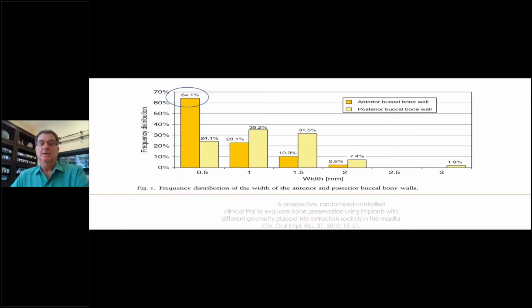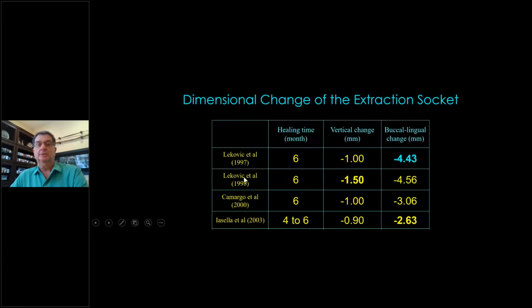So they're all thin. Now, this is what confused me quite a bit when I first looked at the data and why I was worried about immediate sockets. This is partly what Abdul showed also with the original research. Lekovic and Kenny did 6 anterior teeth. They opened the flap. And look at the changes in the ridge. Camargo, Araujo. And you start looking at these results from way back, 1997, 98, 2000.